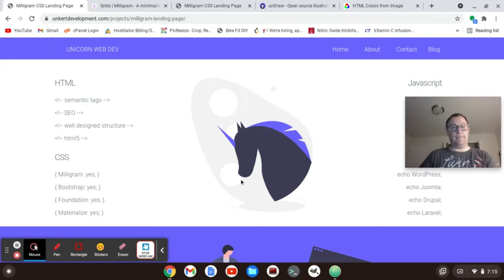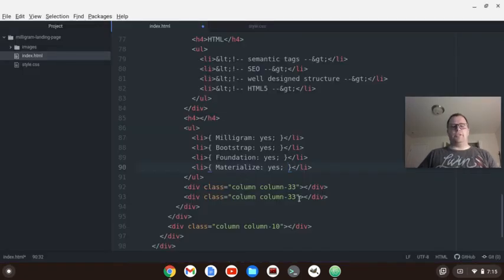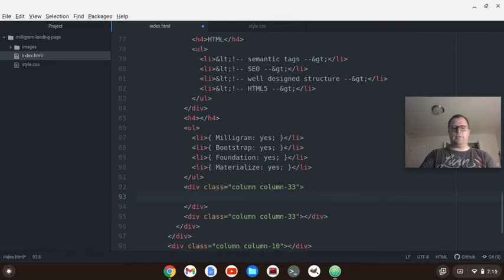Okay, now we have to have our unicorn. All right, so in this middle div, we're just doing the unicorn. Okay, so we're going to do an image, hit tab, the source is images, unicorn.svg, and we'll make our text unicorn web dev again. Okay, and then on this side,